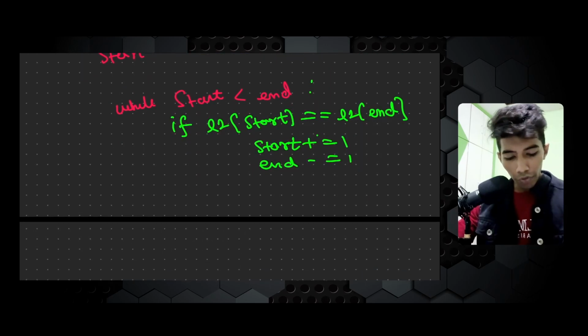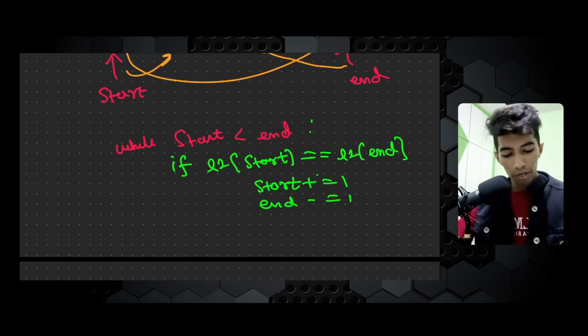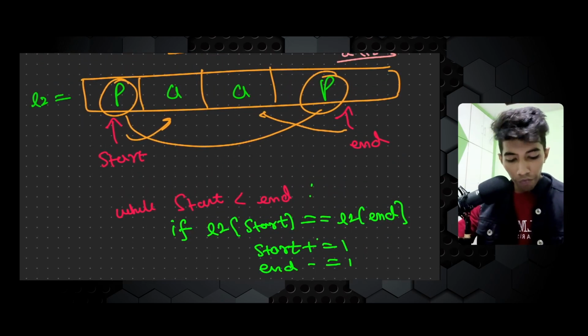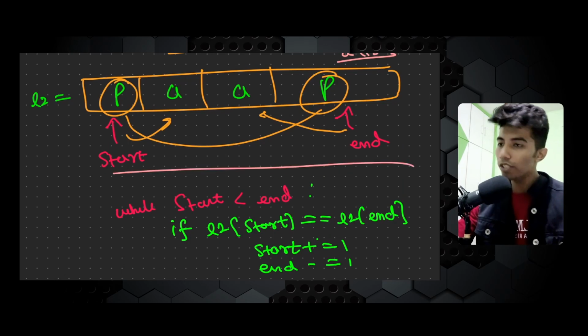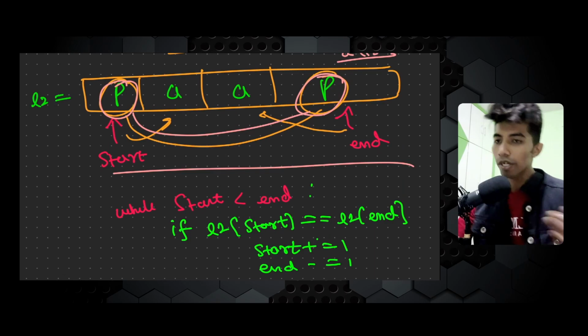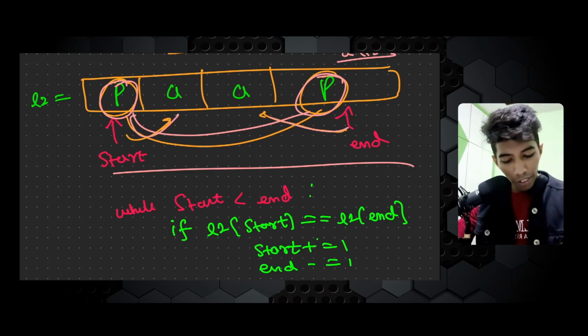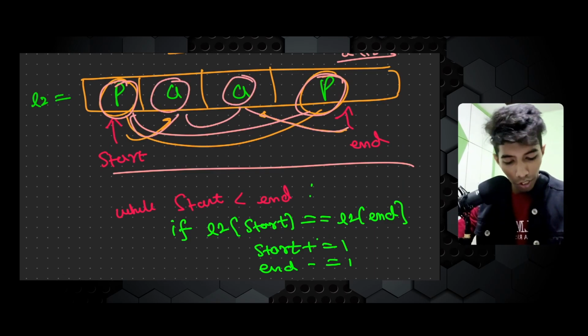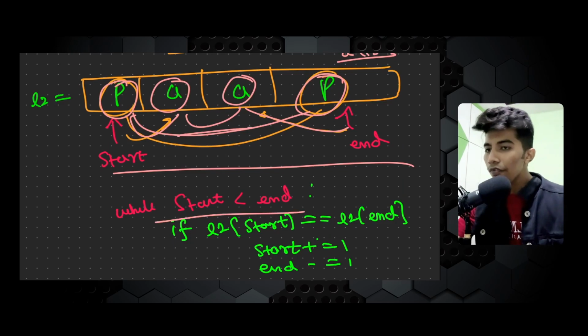And if this thing successfully happens and it gets complete, then it is same. Okay, then it will be correct. But if this thing doesn't happen, then it means it is not same. Like in first I will check these two things, P and P, it is same. After that I will increment this thing and decrement this thing, and then I will check these two things, they are also same, and after that this loop will be stopped. So if this thing I get,